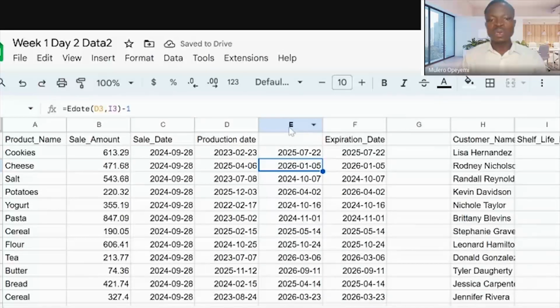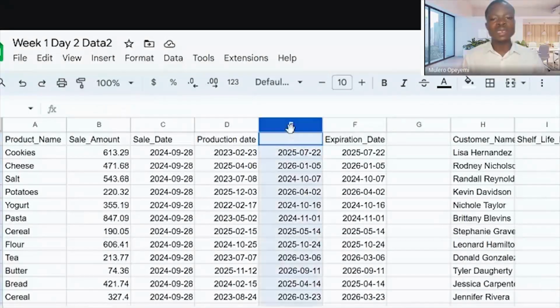So that's just it. I don't need this. I mentioned something the other day. Be mindful of deleting when you're working with sheets, whether Google Sheets or Excel sheets. Instead of deleting, if you feel you don't need it anymore, it's better you hide it. Reason being that if you reference a particular column and somehow you feel you are done with that column and you delete it, whereas it has been referenced somewhere, you will start getting a REF error. And once you start getting a REF error, it means that something is missing somewhere. So instead of deleting, the best thing is just to hide.